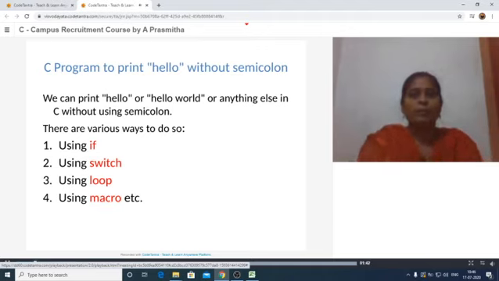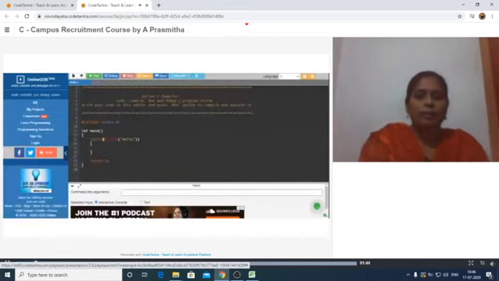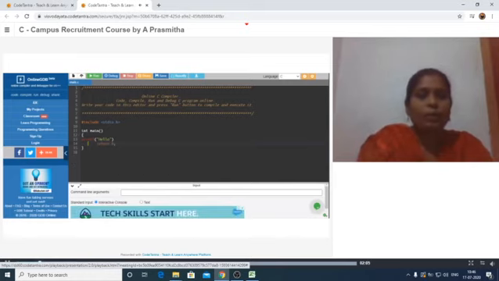Now this is the basic C program to print hello. Now I am going to execute this.